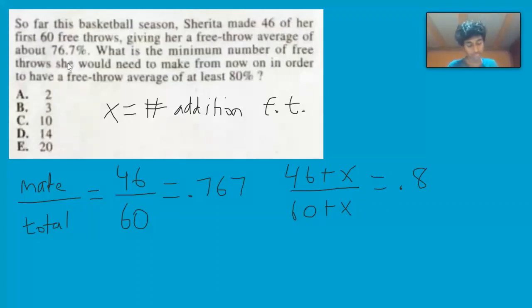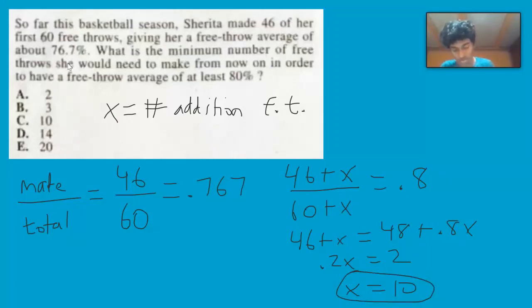So we can multiply both sides by 60 plus x. So we will have 46 plus x is equal to 48 plus 0.8x. And then we can subtract 0.8x from both sides, and we can subtract 46 from both sides, so we'll get 0.2x is equal to 2. We'll get that x is equal to 10,